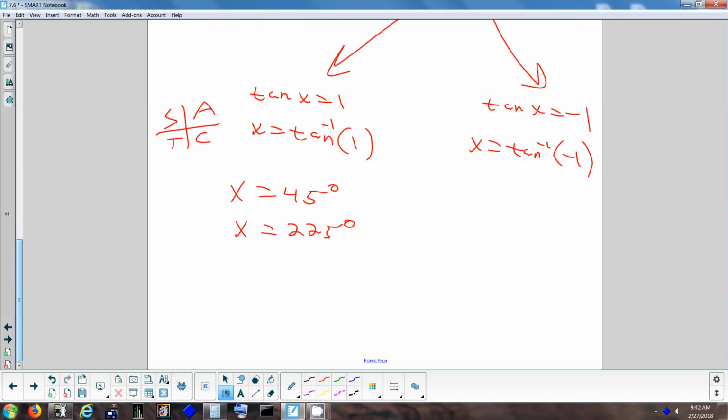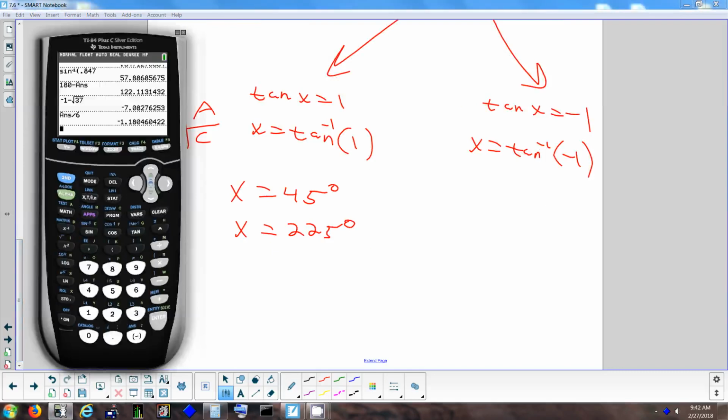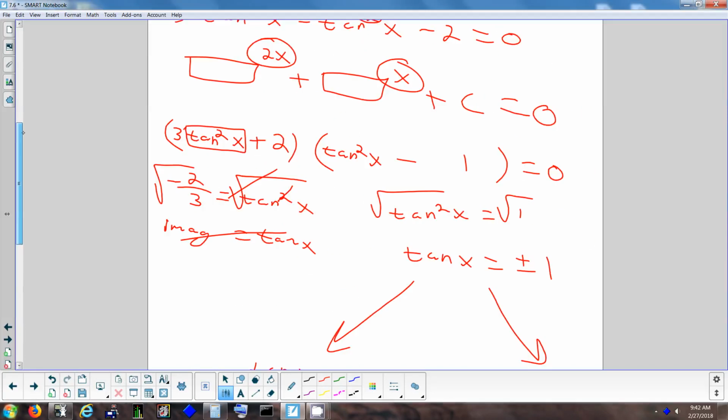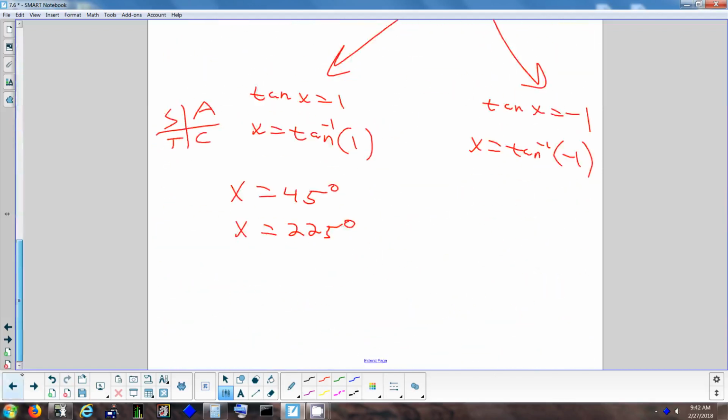And now if you want to get the other one, if you're not sure about negative 1, it's going to be a negative 45. But if you didn't know that, you could just type it in. So you get negative 45, but be careful, because they said to give answers, if you're thinking in degrees, negative 90 to 90. So I'll come back to that and just make sure all our answers fit that criteria. So x is negative 45,